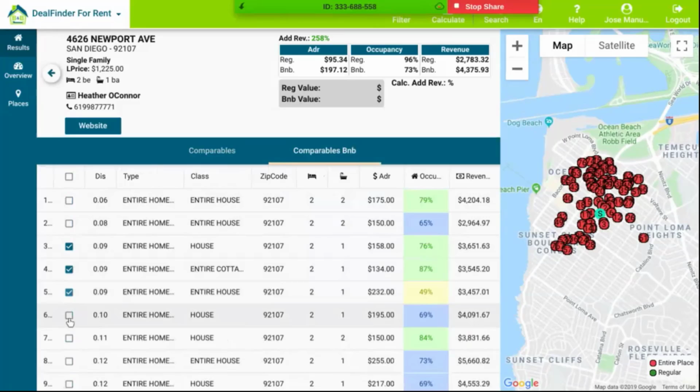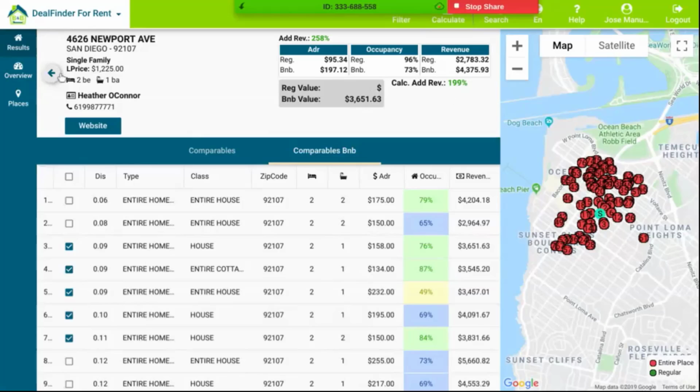Once I have done this, I can click on calculate here, and this is going to show me how much the property would be making and how much the additional revenue would be, based on whatever the property is listed for. In this case the property is listed for $1,200, but the additional revenue that I can be making is a lot more.